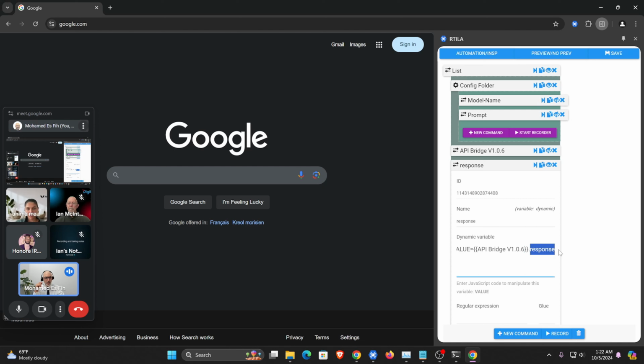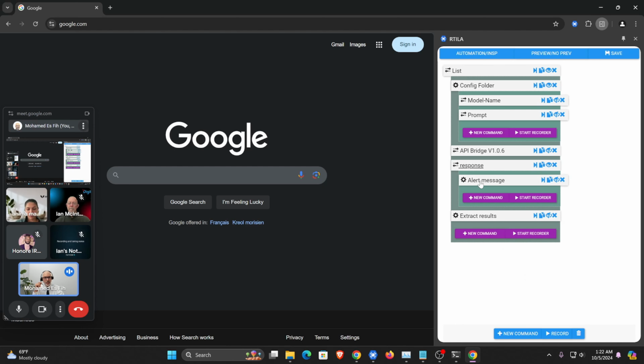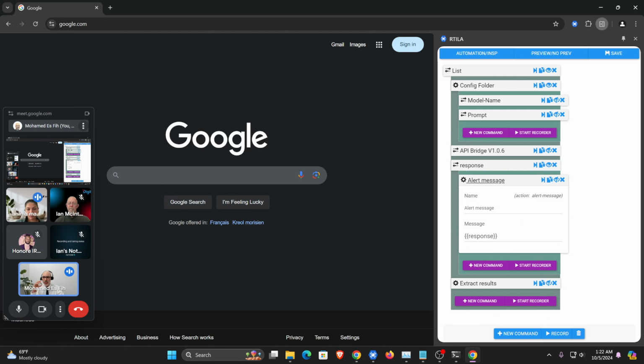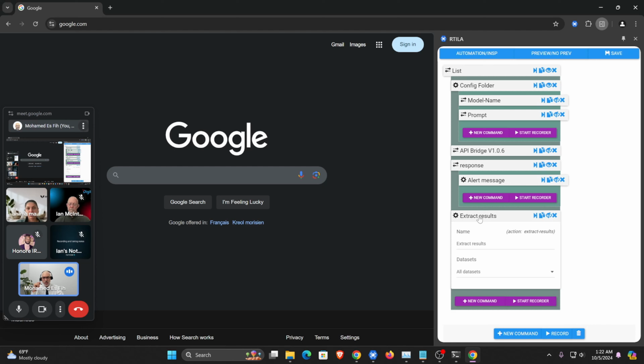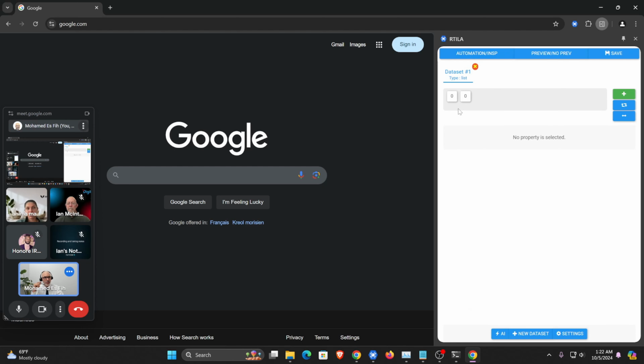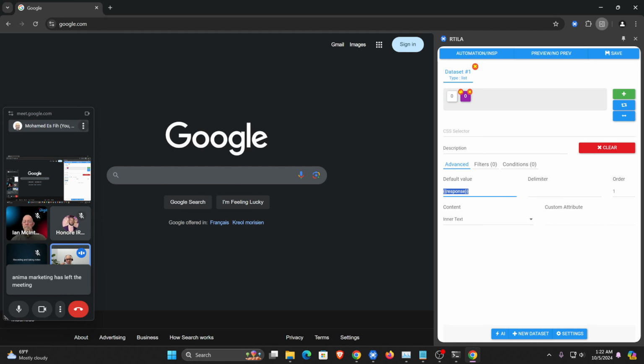We're grabbing the response JSON value, and then we use this alert. This alert command will just display stuff on the screen as a pop-up. So I'm just displaying the current value of the response variable. And then I want to extract the results, and I extract the results here. First, I want to save the keyword that was sent. So I just save the default value from the list, the current value from the list. And here I get the current value response that comes back from